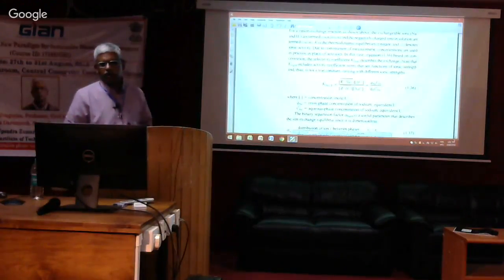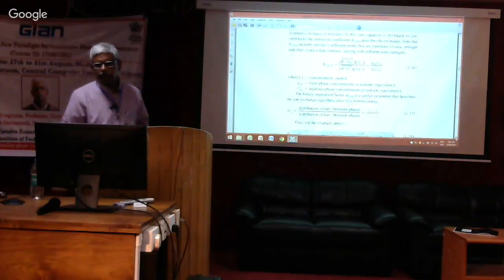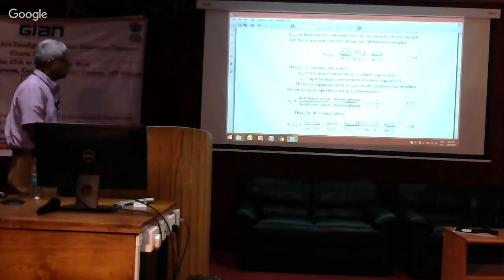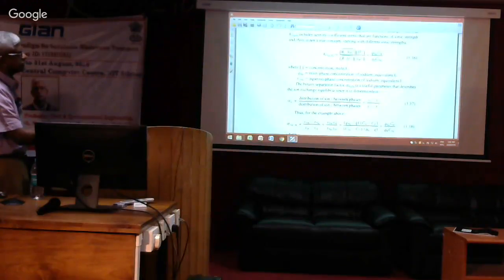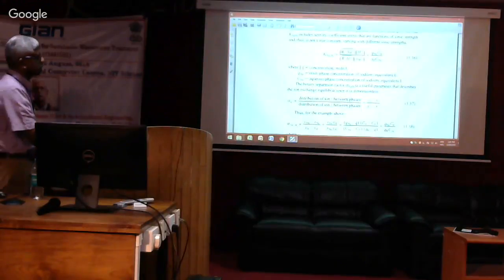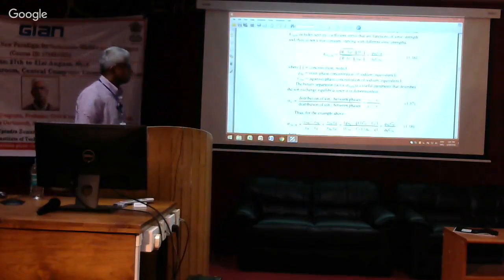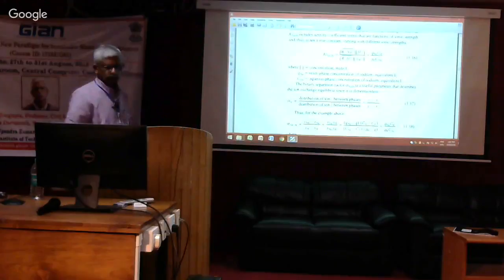So now we can bring in this parameter called the separation factor, where we are looking at the distribution of the ion I between the solid phase and the solution. Solid phase is the Y resin and X means solution. Similarly, how is J, the other component, distributed between solid and liquid phase? And when you do that, you can then come up with